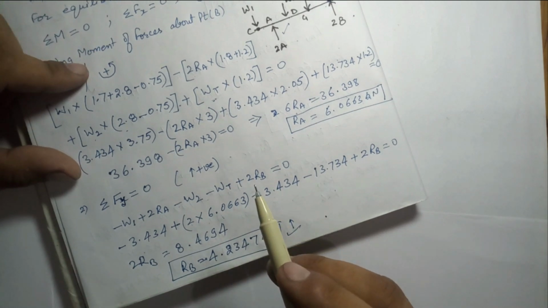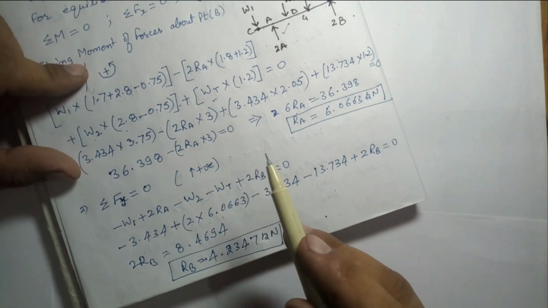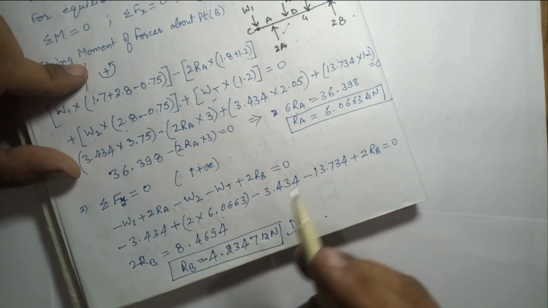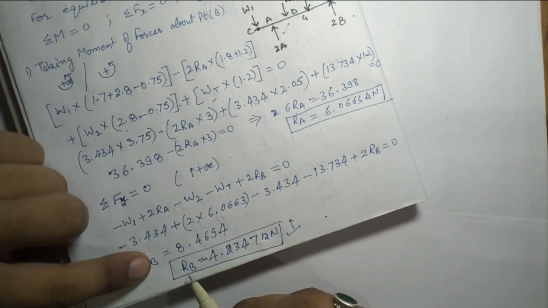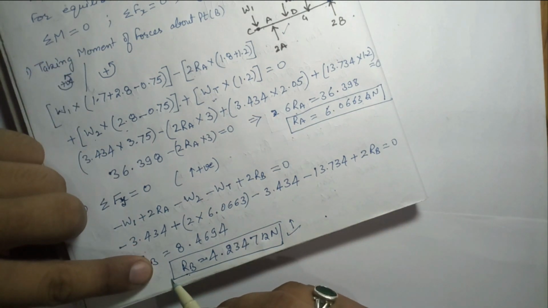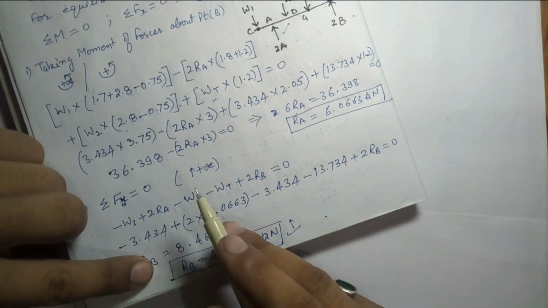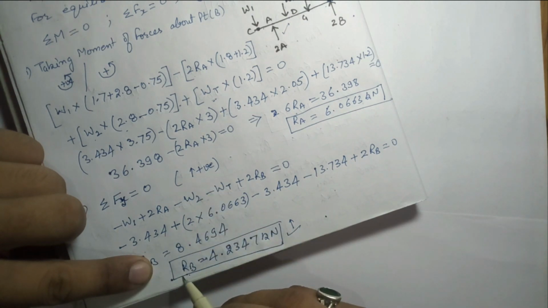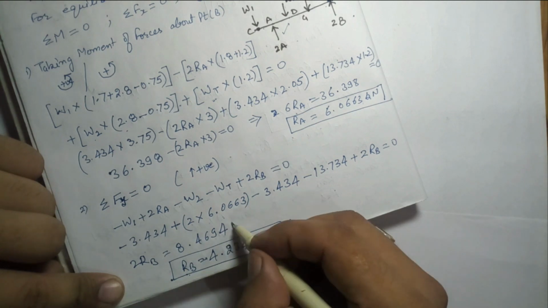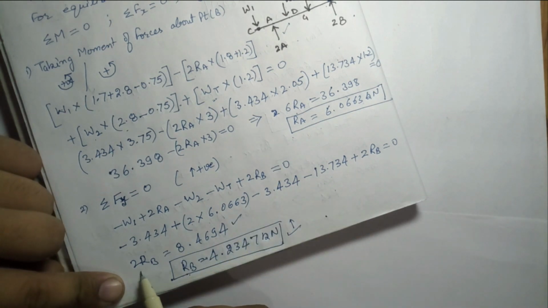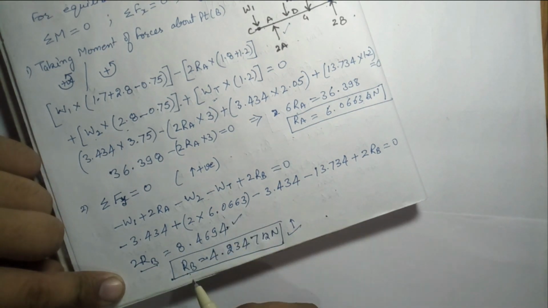Now in the question it says to find the reaction at each of the 2 rear wheels. So this is the reaction at each of the 2 rear wheels. If they ask to find the reaction at the rear wheels, then we can directly say 2RB. So this was our answer, 2RB, but you have to write it in this form: 2RB is equal to this, or RB is equal to this. This is on each tire and this is on the rear tires, like that.